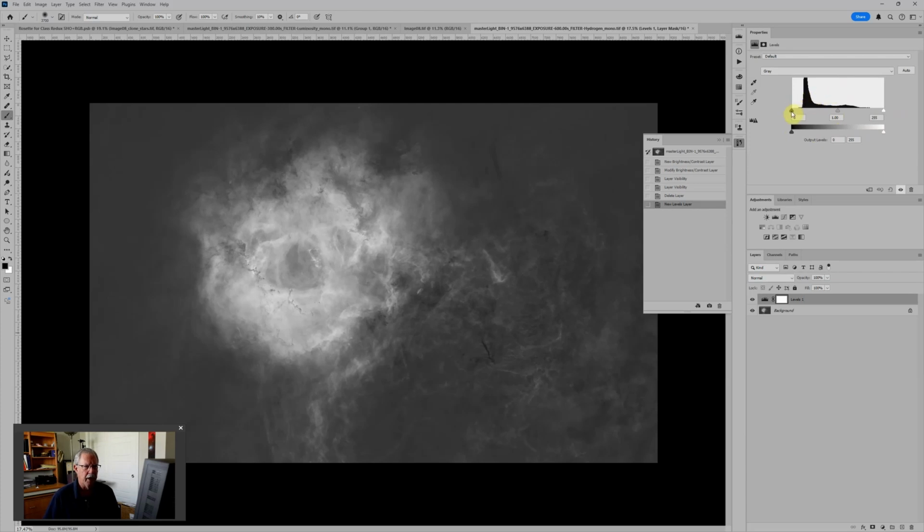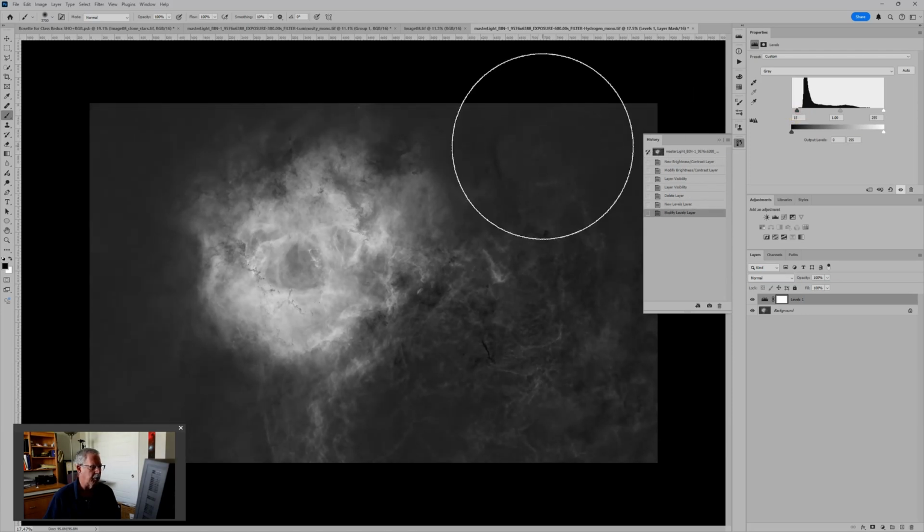The blacks slider sets where the black point is going to be, and we can see in this image that we've got some dark gray tones and then a little bit of a tail, but nothing ever goes all the way to black. So if I take the left slider, which is the blacks slider, and move it to the right, I'm saying let's make the black point of this image something like that. And you notice what it did in the image, it darkened the darks, but it didn't darken the midtone much at all. If I want to brighten the bright areas, I can grab the whites slider and move it in